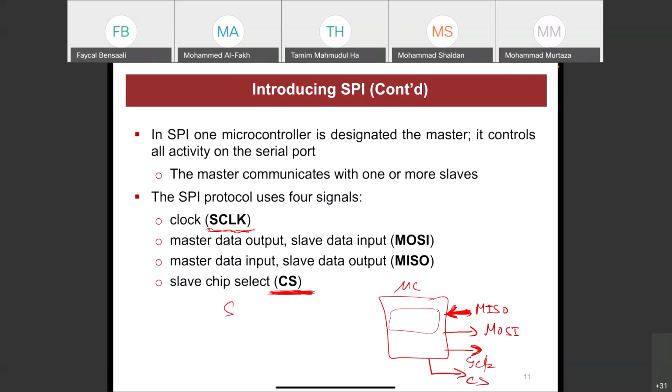If we go to the slave, if you buy a slave from the market, a sensor, and it supports SPI, it should have CS as an input. So the microcontroller can put the 0 or 1. The microcontroller can select the chip, which means it will enable it first before it gets the data from it. And then we have